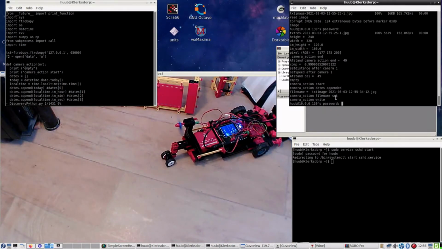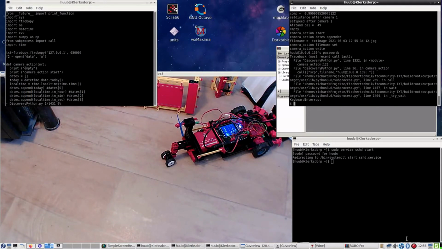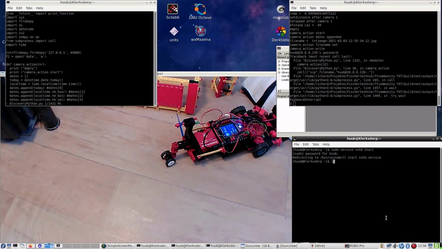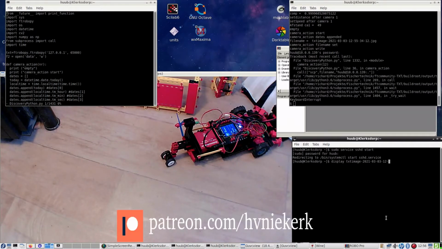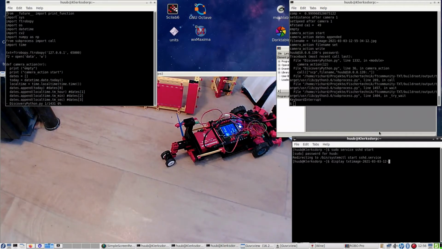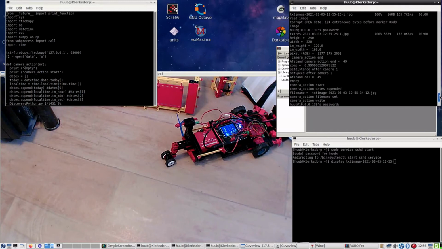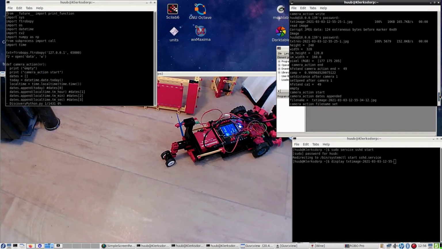And boom. Okay. Quitting it, and now display TXT image, and I will use this one, so that is 1255. Oh, it's not been sent yet. Oh, that's a nice one. So I'm going here, 55, 25,